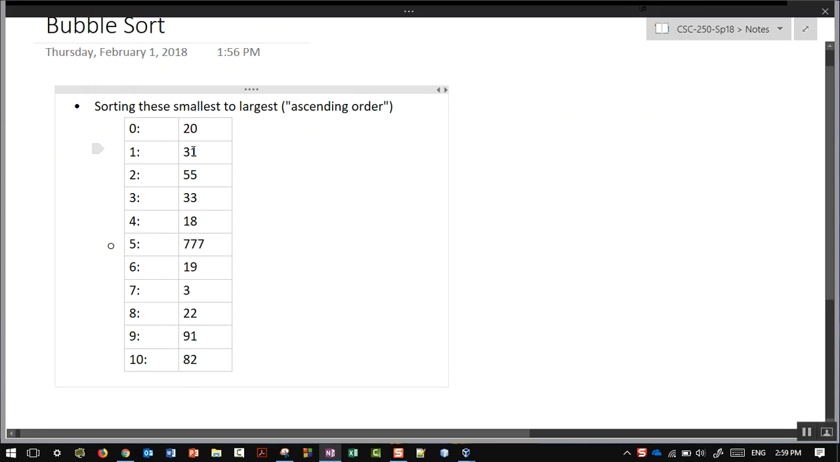So once we've got those in order, then we look at the next two positions. So we look at the 31 and the 55, and we say, are those out of order? No. Okay, then we look at the next two, 55 to 33. Those are out of order, so we do 33 here, and the 55 goes down there, so we swap them. 15 and 18, out of order, so the 18 up here, and the 55. 55, 77, in order. 77, 19, so 19 goes up here, and the